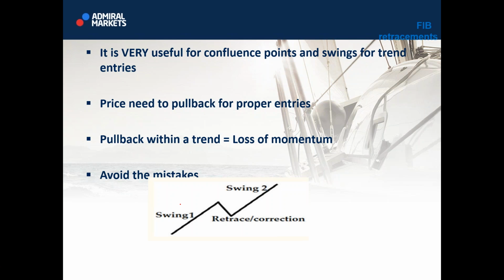Avoid newbie mistakes because retracement is a part of a trend. This is a swing. This is retracement or so-called correction. This is the time when we want to position ourselves in the market. We don't want to trade here or here, here. We want to trade here. Just a hypothetical example. You want a loss of momentum, pull back within a trend, and then bang, you go